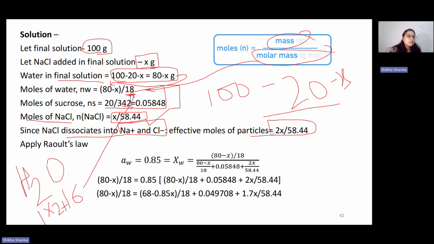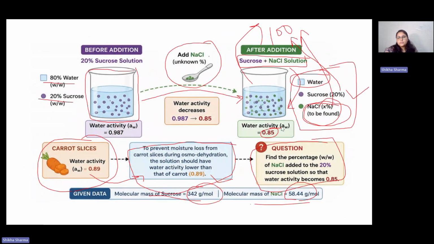So 2 into x divided by 58.44 is the actual moles of the NaCl, because it is going to dissociate into Na plus and Cl minus. So now applying Raoult's law, the water activity in the final solution, which is finally 0.85, is equal to its mole fraction, which is equal to